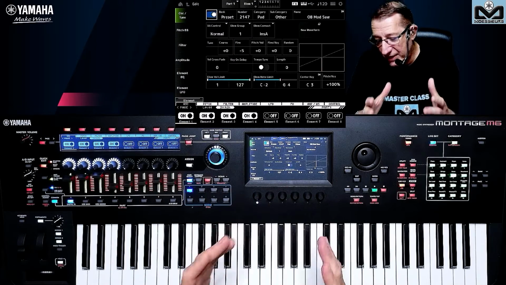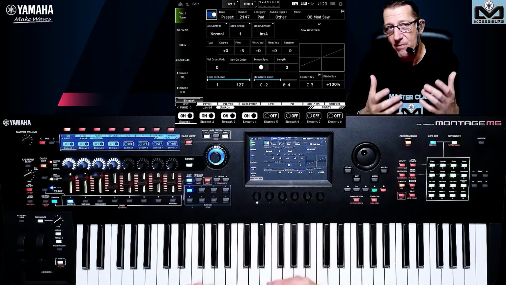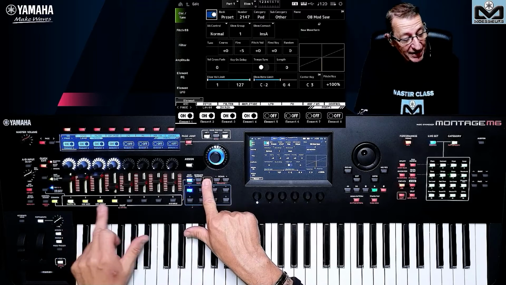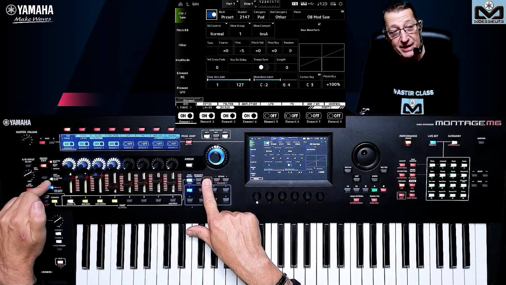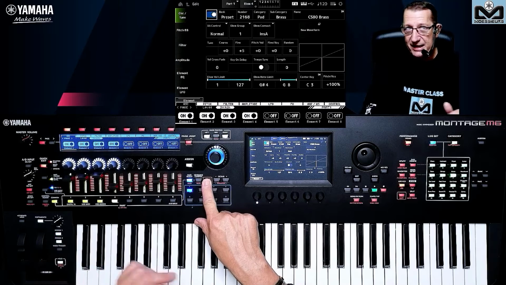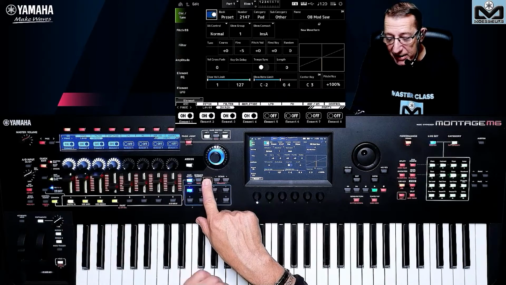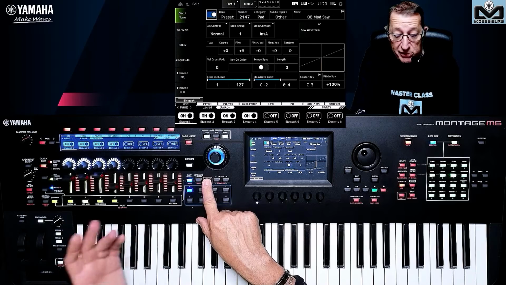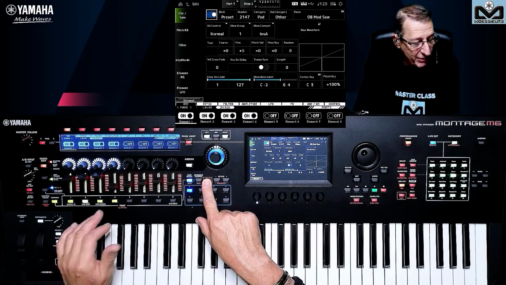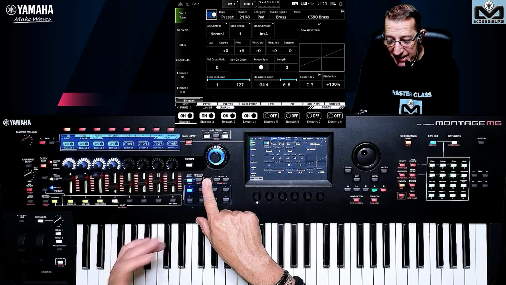If I want to navigate through the elements, I showed you on the screen the first step, but is there a better way to do that? Yes, of course. Shift. You see, it's yellow. Yellow means this is element level. And you can navigate to element 2, element 3, element 4 as you need. Very easy to do that too. So element 1 is an OB, so is element 2. That means perhaps the filter is different, the pitch can be different, some things can be different. The 3 is the FATSO, and the 4 is the CS80.